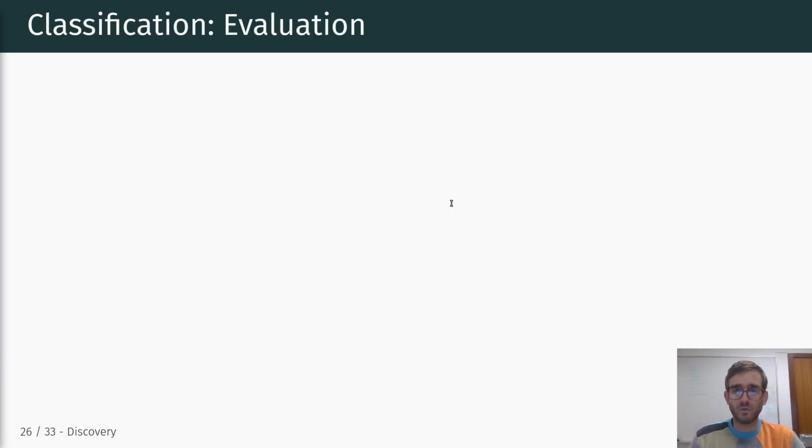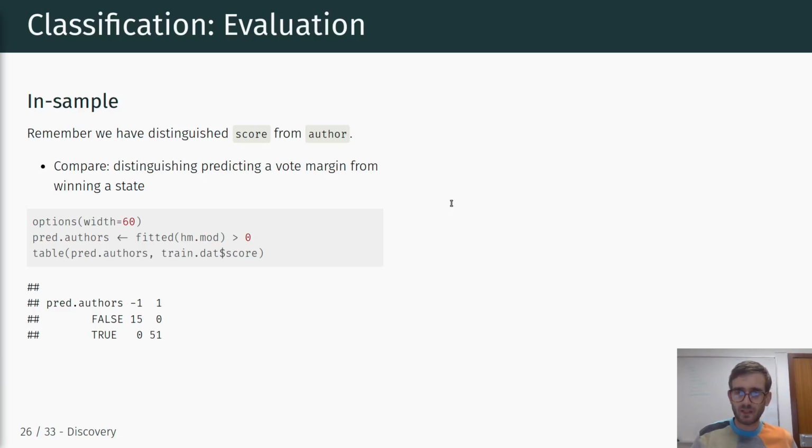And so that's the step that we get to in terms of prediction. But before, we want to talk a little bit about evaluating the quality of our predictions in sample, right? So remember that we have distinguished our score, which was 1 or -1, from the author information. We use that to numerically represent authorship by creating this -1 to 1 score. And we can now compare the predicted score